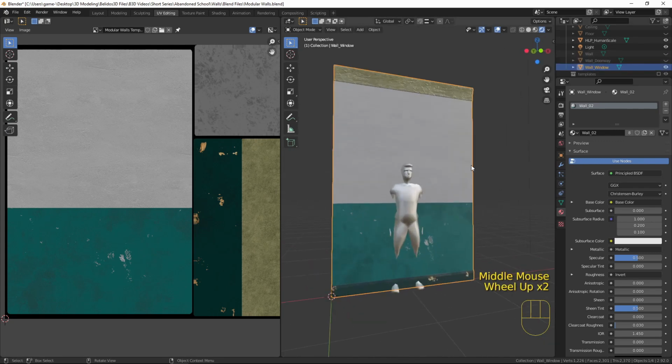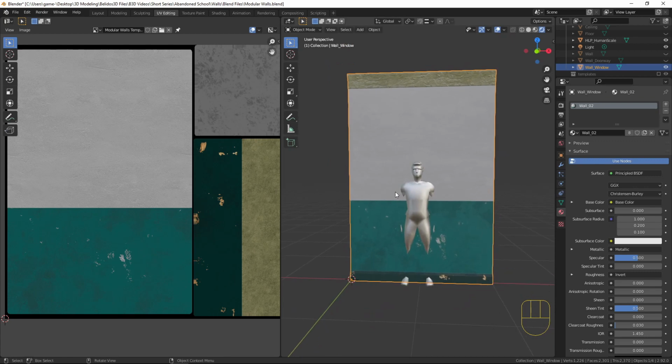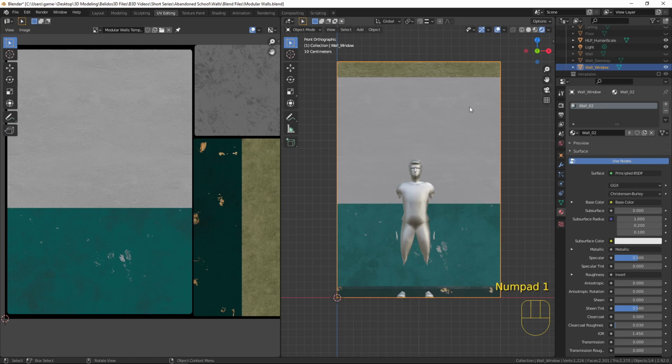So now the type of window we want is the type you've seen probably in every single American movie with a high school in it, where you're walking down the corridor, you see all the doors and the lockers, and you see there's a row of windows all the way along the top. So we're going to do something like that. So let's take a look in edit mode,